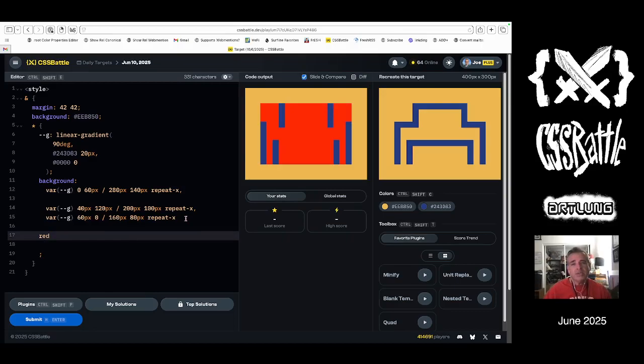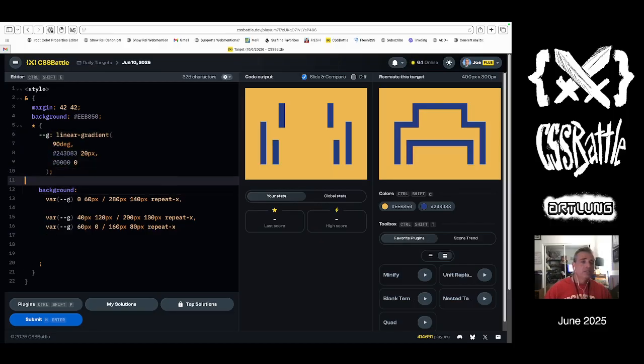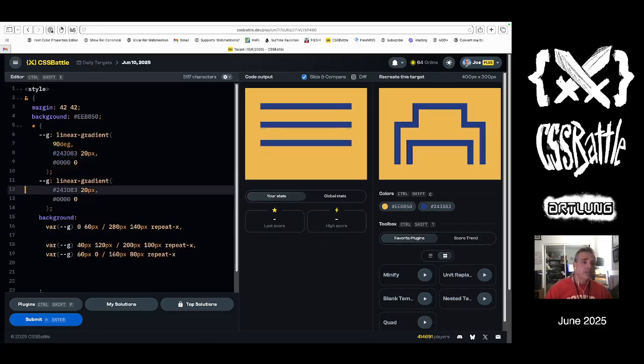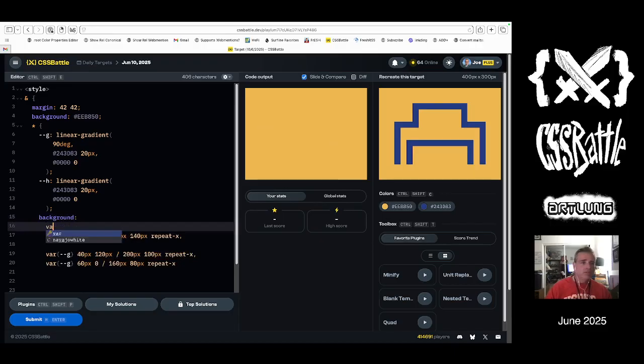Now, can I do this in such a way that I can put that yellow on there, or do I want to? Maybe I don't. All right, let's do the same thing again. G, and instead this one is just not at 90 degrees. We'll call it G, and then H. Okay. Bar